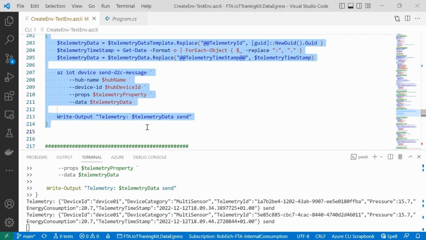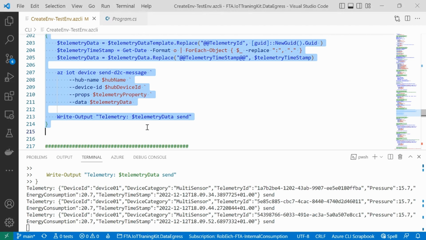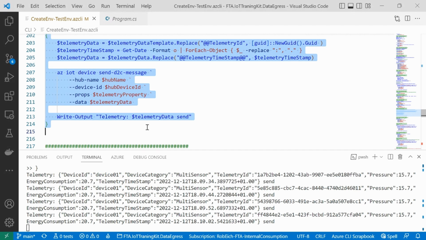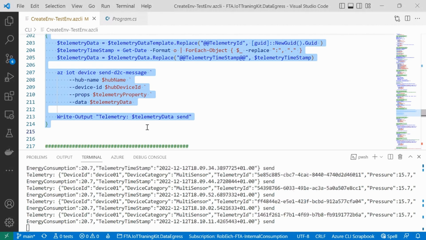Pretty cool, pretty straightforward. While we are ingesting this data, let me add something on top. If you want to do this functionality on your own, you can do this, not a problem at all. You just spin up your own logic, take the message coming from IoT Hub and do a lookup to say, hey, this message is coming from device ID whatever, and then you enrich it with these messages.